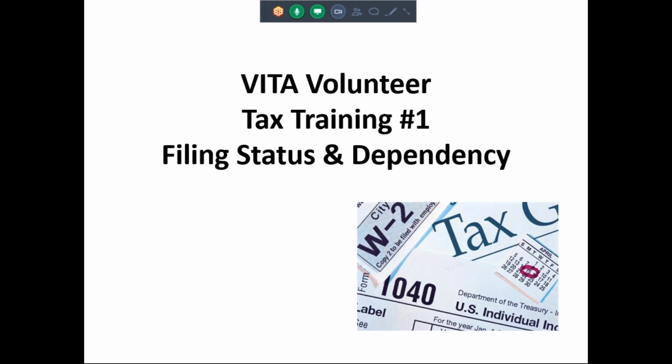What we'll be doing over the next couple weeks is going over a little bit more detail of the tax law, basically so you're up and ready to go for the upcoming tax season, and wanted to, again, make sure that you have information ready for you not only to get your certification, but to also reference back during the tax season process. So one of the first things we're going to be talking about with returns is obviously who needs